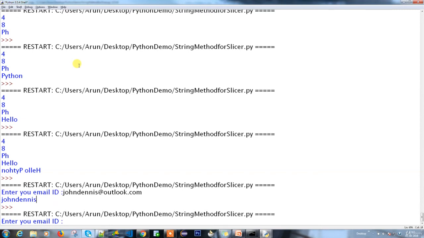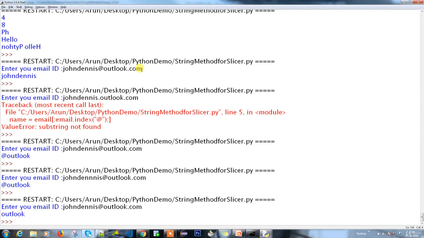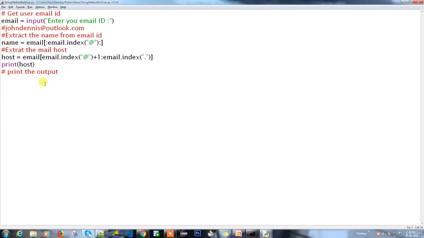John Dennis at outlook.com. See, looks good. Okay, so we are good to go. Then I'm going to see the final output. I'm going to use the output here, output, that's a variable name, and user